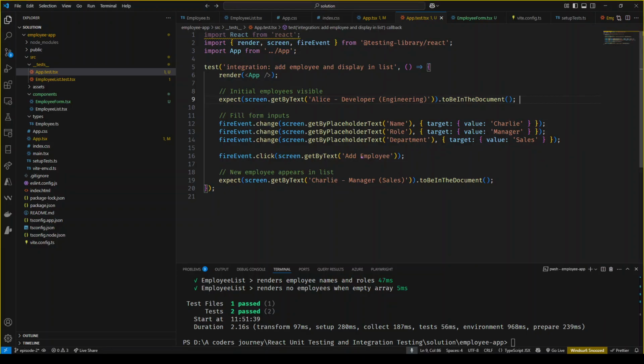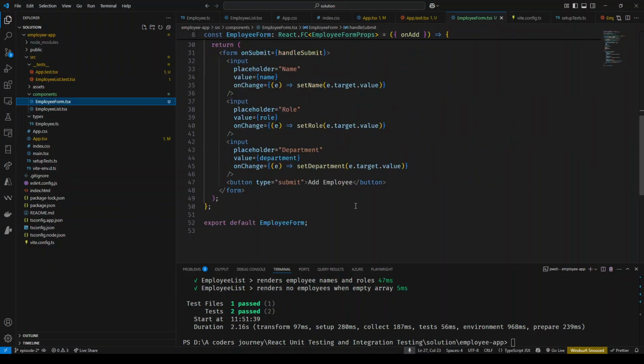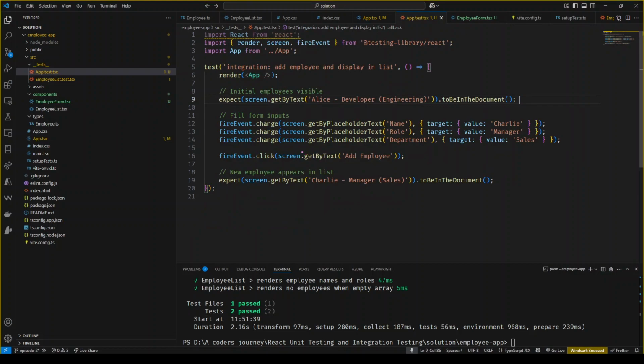And then we're going to click the add employee button on our component. If you take a look at add employee form, this is the button that we're going to click, add employee. So again, we are querying this using get by text and get by placeholder text. Get by placeholder text is used here for interacting with inputs. Get by text is used for interacting with the button. And then when we click that, what we expect is that this new employee is going to be added to this